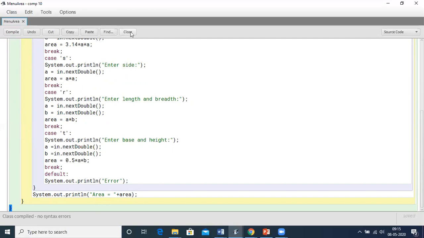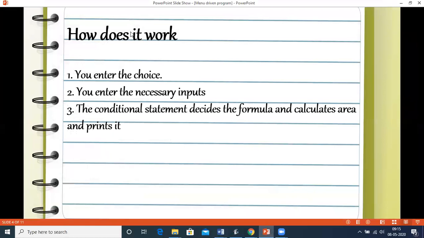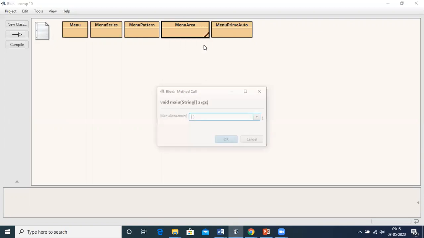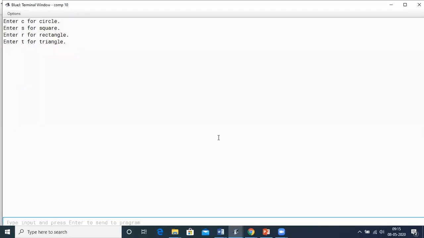So let us see the output. We will directly, no need of creating objects. Since static had been declared, directly we can click over here and we click on OK. Now we will enter a choice.